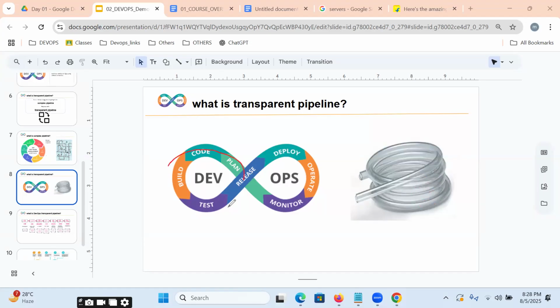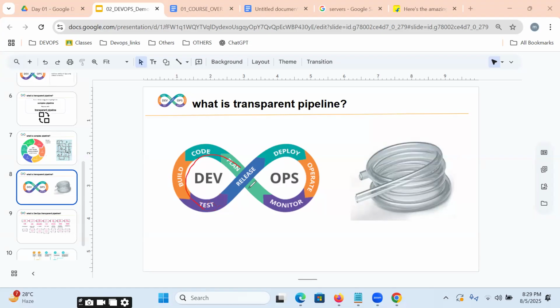The same way, in this DevOps transparent pipeline, which is an automated process, if we get an issue, any problem in the middle of the process, we can easily identify and rectify the problem as soon as possible.